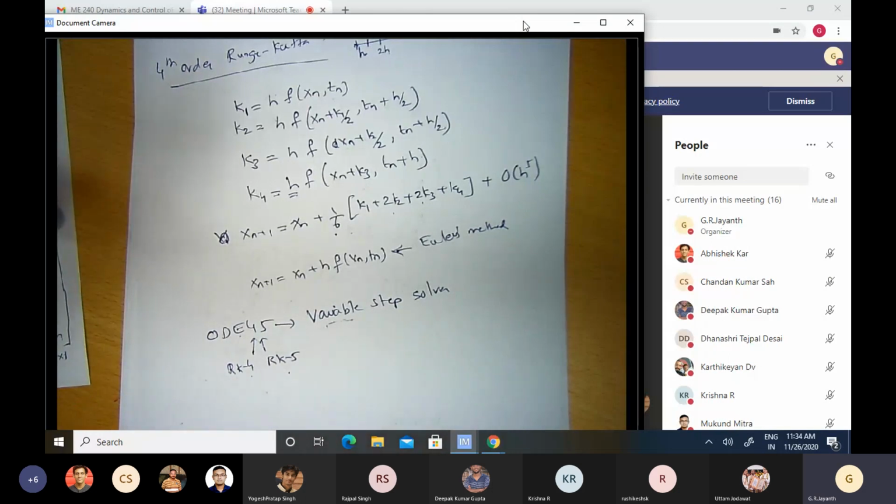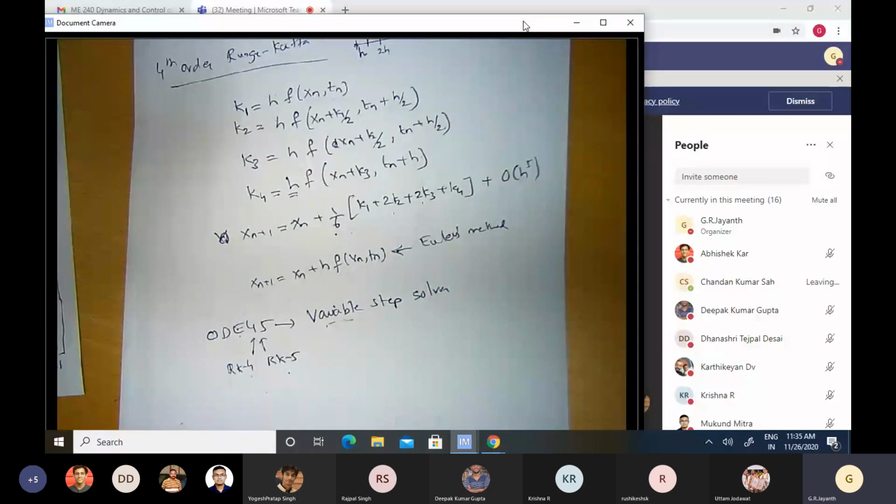It computes using RK4, also using RK5. Then it uses RK5 to advance the solution, but it also compares the solution obtained with RK5 with the solution obtained using RK4. If the error is substantial, then it uses that information that the error is substantial to reduce the step size for the next steps of the solution.